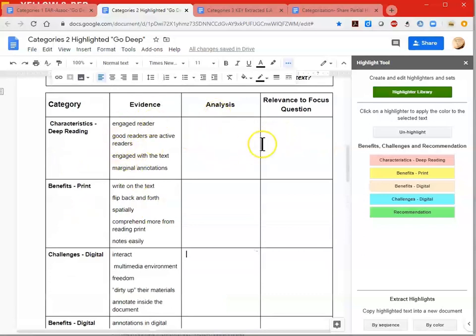Then at this point, I would have students look at each of these collections of text and analyze each group of text. So what do you make of this? Analyze. What do you make of this? Analyze. And then the most important is once I've looked at that collection of evidence relating to that category and I've given some understanding of what that evidence says, now I want to relate it to the focus question. So once again, I might